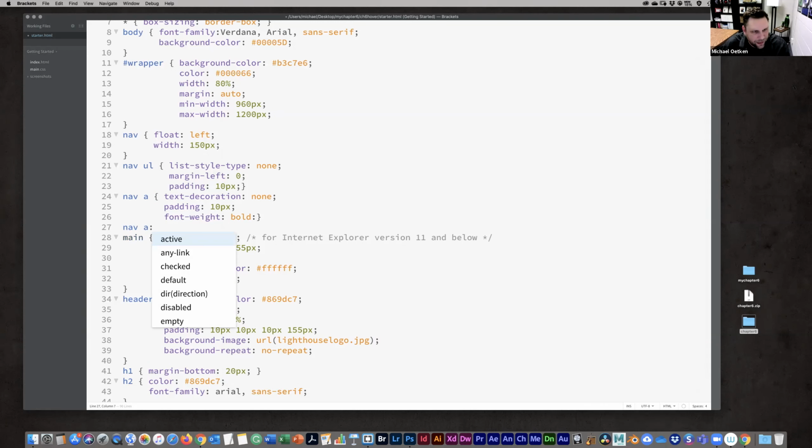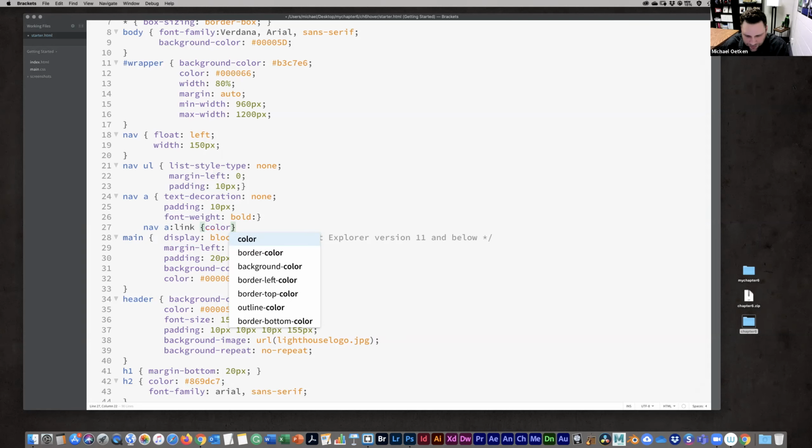So nav a colon link, and then in our curly brackets, I want color. Let's set that one at white. That's just for the normal link when it appears on the browser.